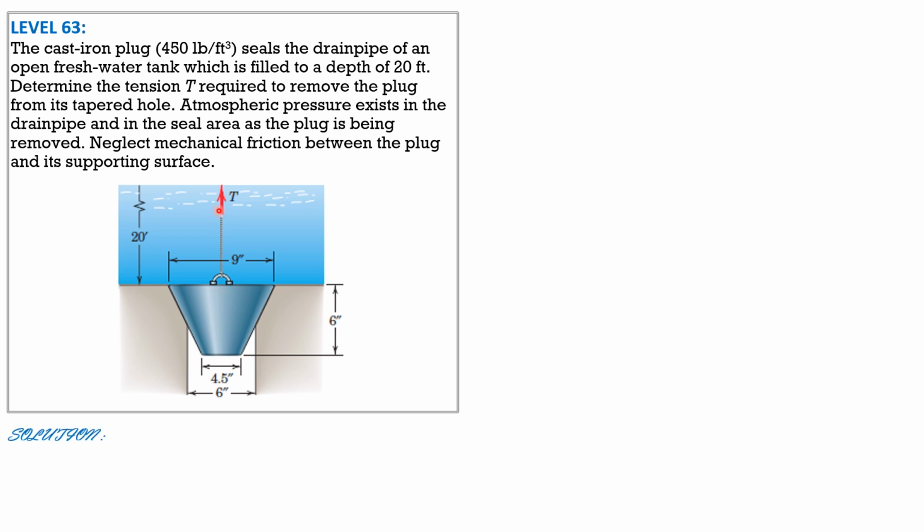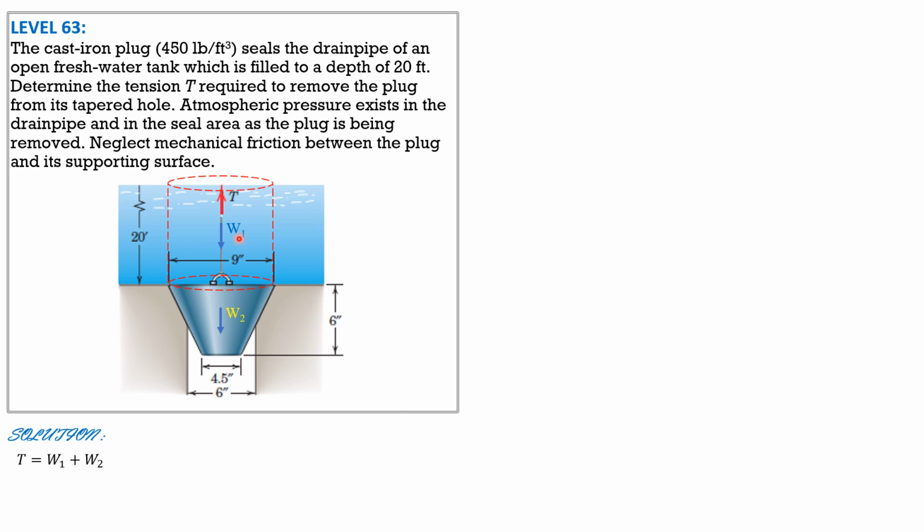So for the solution, we have tension, we have weight of water above the top base of this frustum of a conical plug, and call that weight 1. Then we have the weight of the plug, weight sub 2. So by summing up forces, vertical tension equals weight 1 plus weight sub 2,